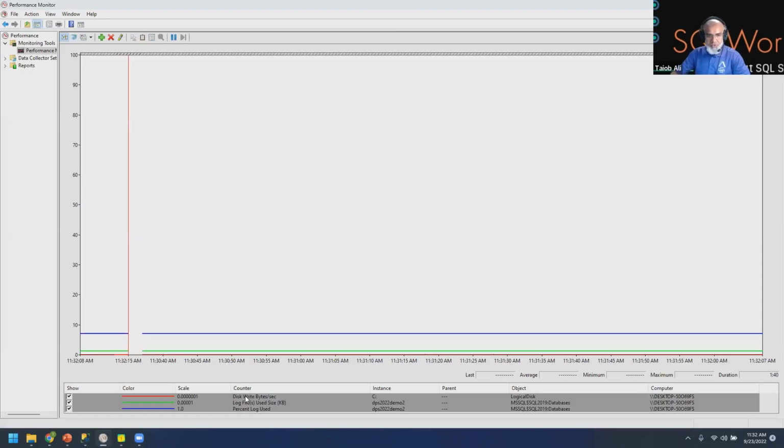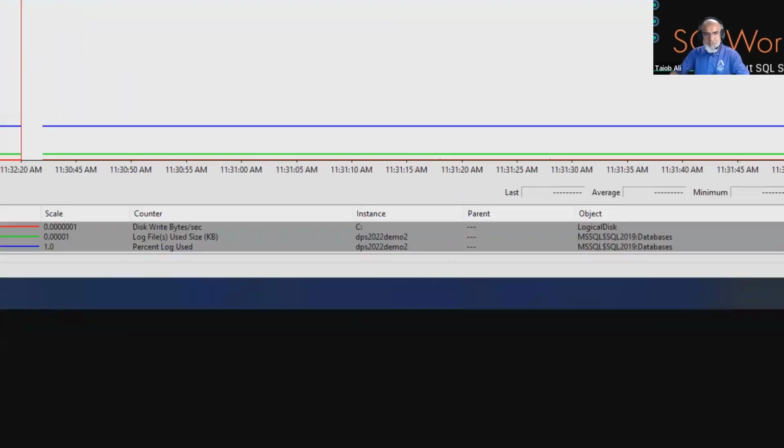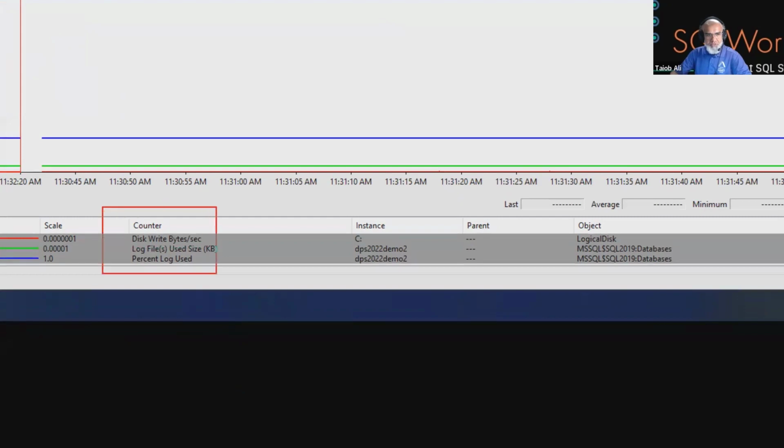So I have 3 counters. One is looking at disk writes. Let me maybe make it a little bit bigger. Yep. So I have these 3 counters. What I want to